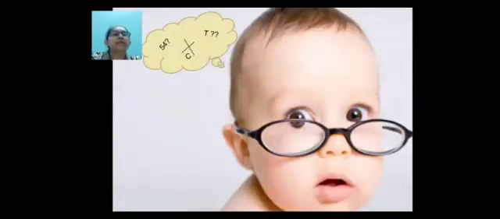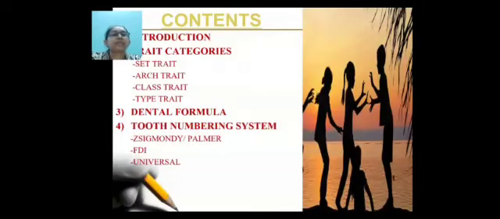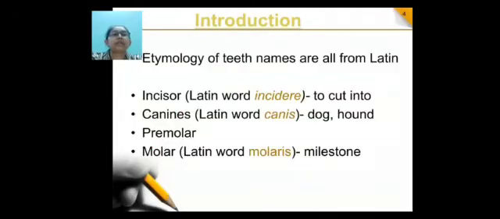Let us start with the chapter on teeth identification and numbering system. Now we shall be covering it under introduction, triad categories, dental formulas, and various tooth numbering systems. Now as we all know, in order to understand the basic dental anatomy of a tooth, we